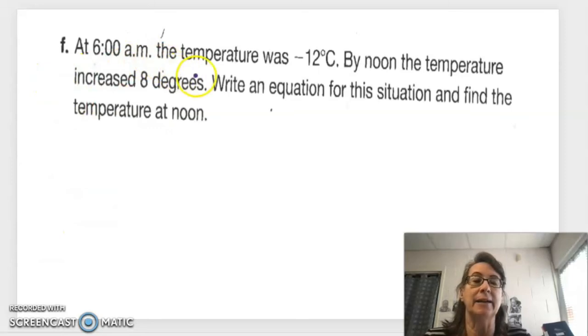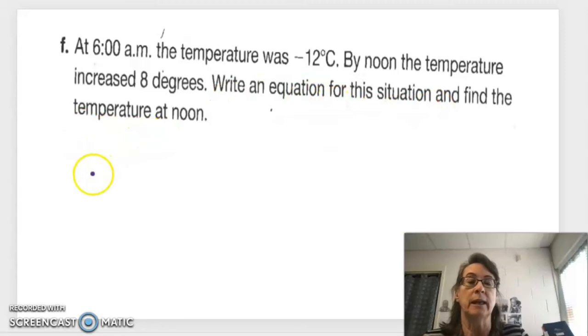At 6 a.m., the temperature was negative 12 degrees Celsius. By noon, the temperature increased 8 degrees. Write an equation for this situation and find the temperature at noon. So at 6 a.m., it was negative 12 degrees Celsius. That is really cold. Okay, and by noon, the temperature had gone up 8 degrees, so plus 8, and we could write that